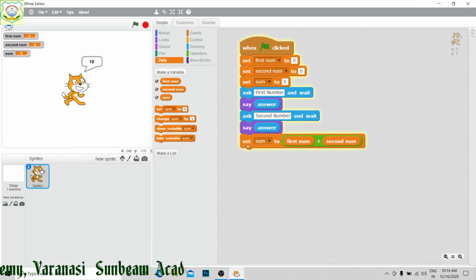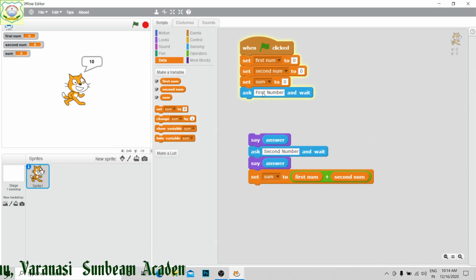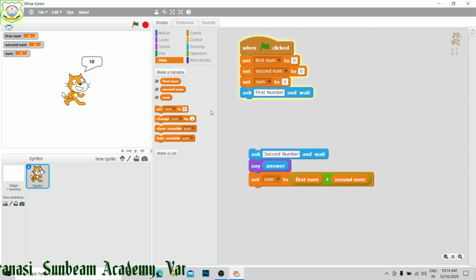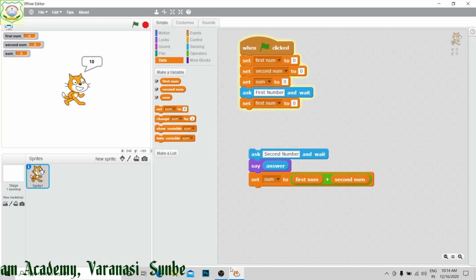yes students. Now here we have set first number, just computer is going to ask, and its value we have to set. To set its value, what we are going to do, we will set this first number to whatever variable we are going to have, right?